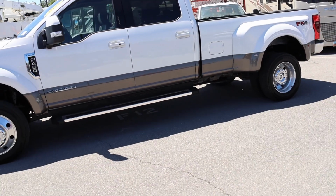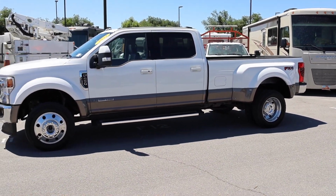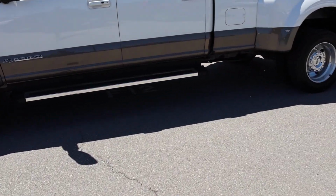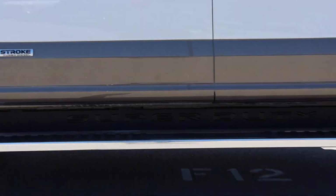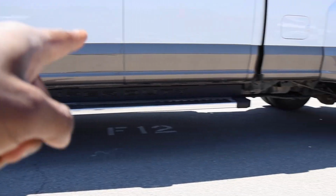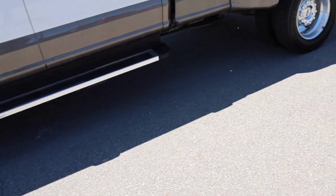If I step back, you guys can see the whole truck on this side too. Painted door handles, has those fixed running boards, and they don't really have this design anymore. I always felt like this made it look like a semi truck when they had like that plastic trim piece down there. It says Super Duty if you didn't see it. Now underneath,